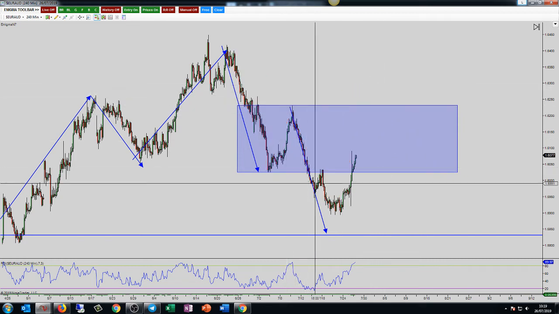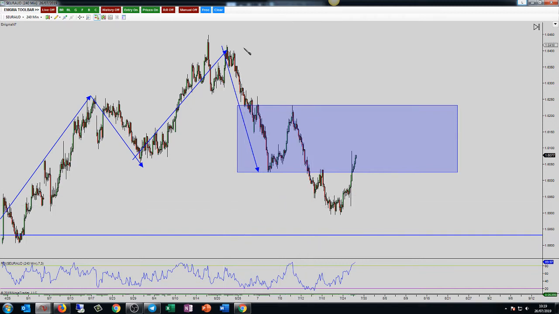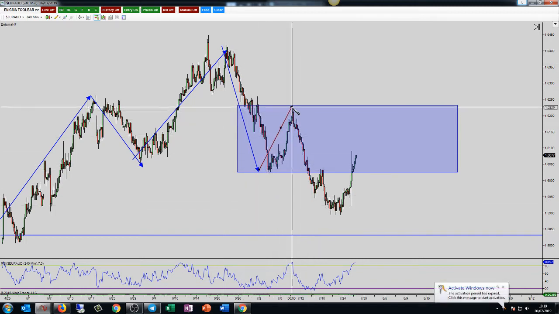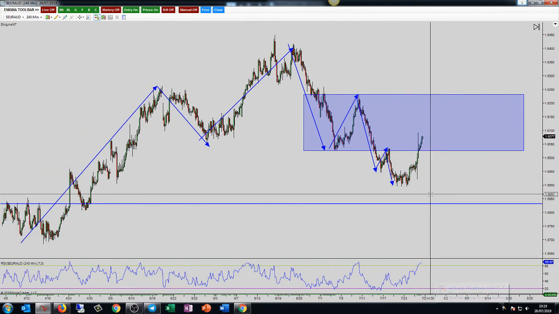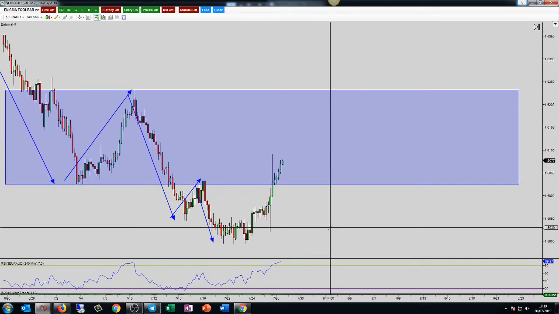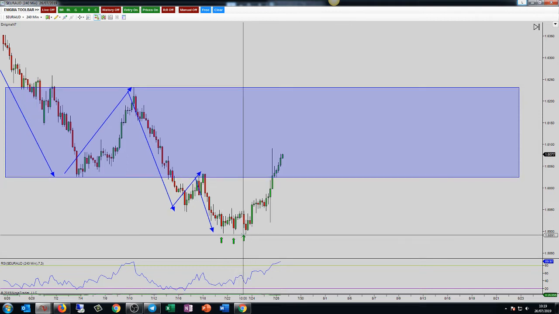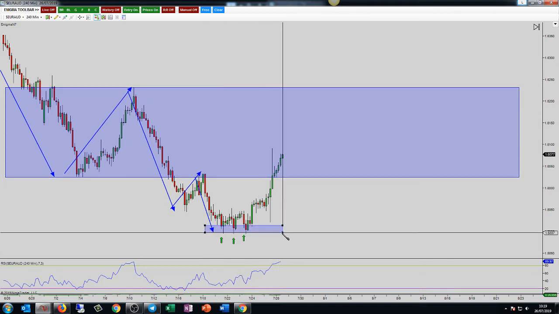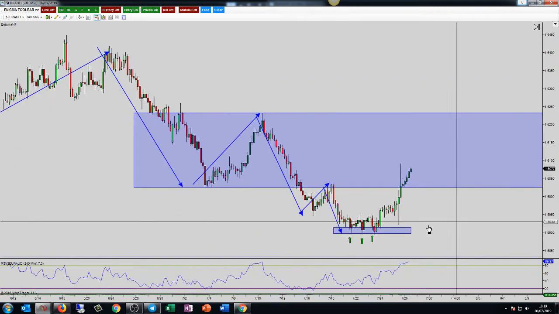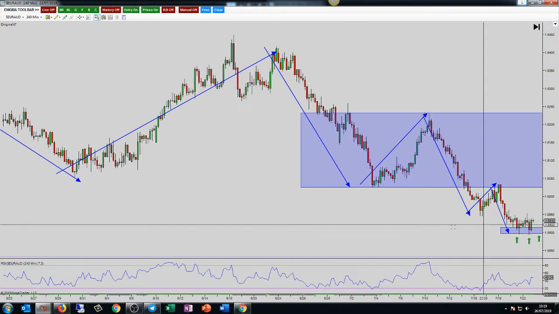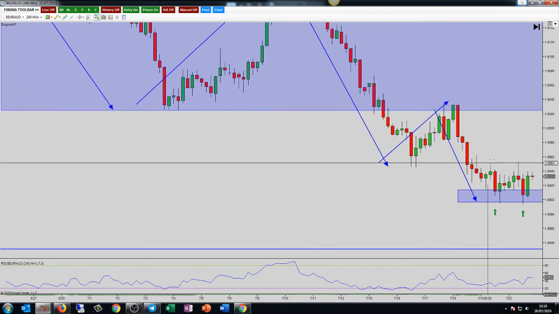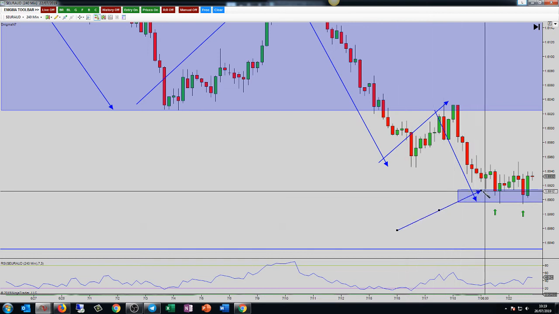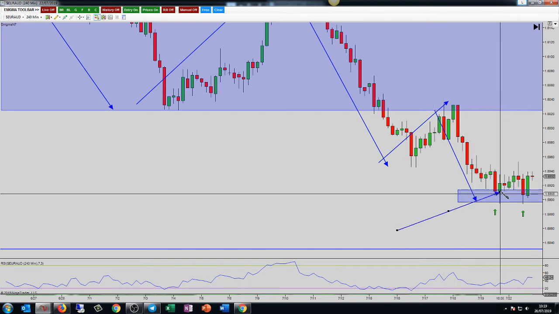So if we read structure on the 240, then we had this move lower, we saw a pullback. We had a pullback, we had a move lower, we had a pullback, and then we had a move lower. Now, we actually spoke about this for quite a period of time, didn't we, guys? This area just here. And we said that we're not going to look for trend continuation, because when we were looking at the market, it was actually like this. And this is the reason why we can't play for trend continuation when we have a retest.